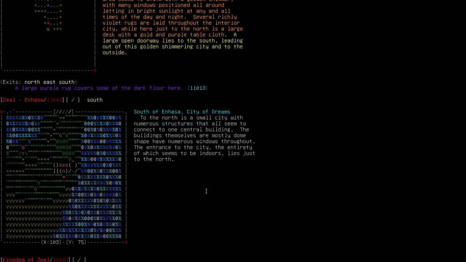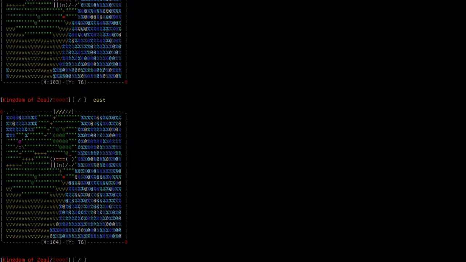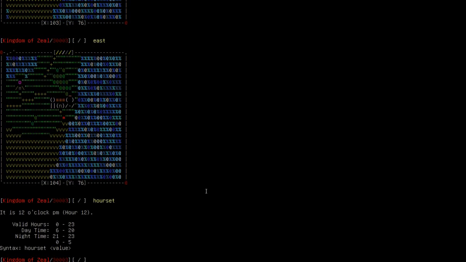Something I meant to show as far as what we've got going on with the little cloud stuff here. This is the only place in the game where specific time of day will really make a big difference in the way that the clouds and the sectors and so on look. So